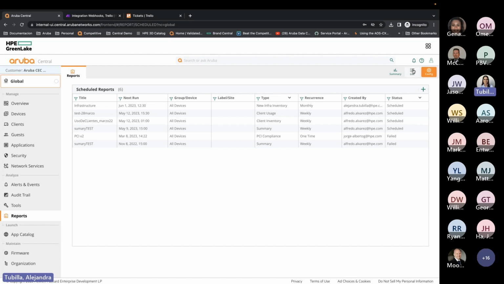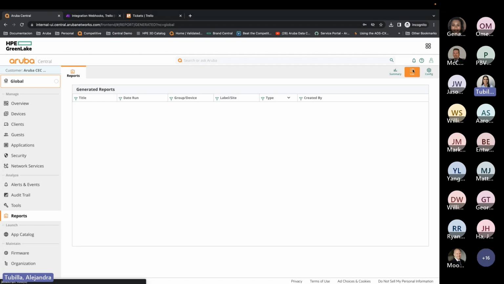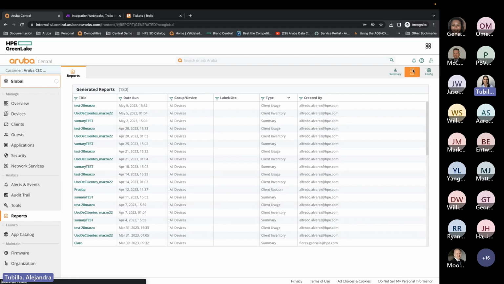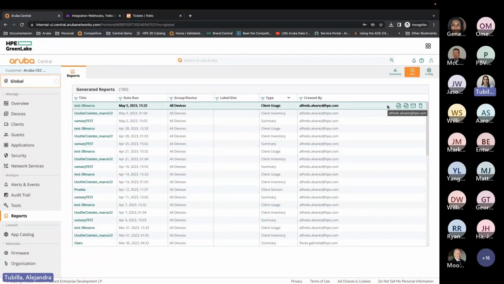So if you're constantly generating all these reports, because that information on Aruba Central is stored for up to 3 months, once you've generated these reports, they're going to be stored in Aruba Central. So you can always go back, view those reports, or even send them again through email to a particular person for this client. So if you want to see like the application visibility report and you want them, we've